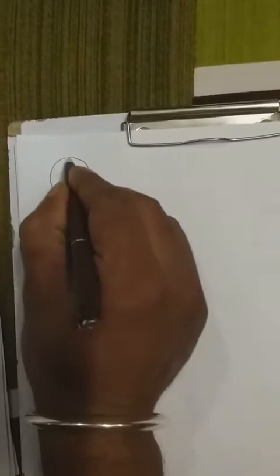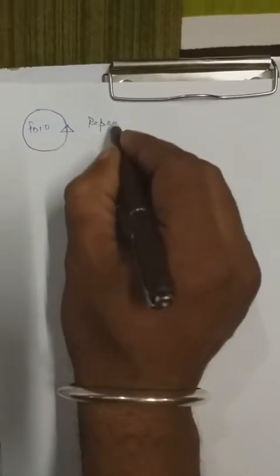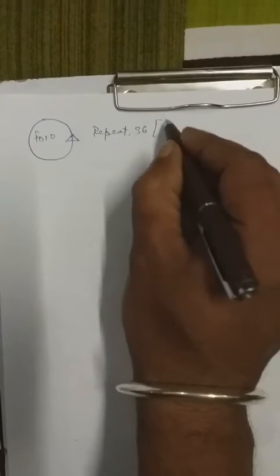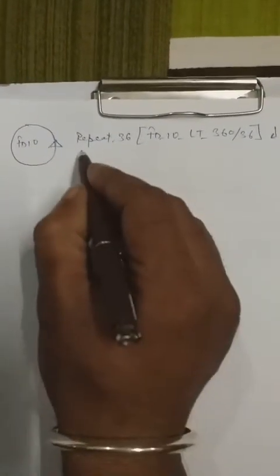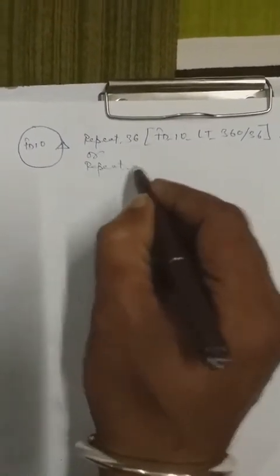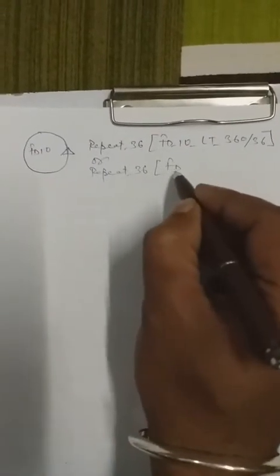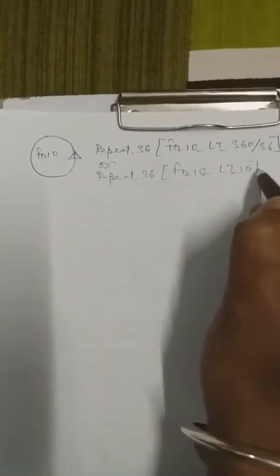Here again, we will draw a full circle, but the turtle will be in a different position. Now my turtle is at this position, side value FD10. In the full circle there are 36 sides. So here we will write repeat 36, FD10 and turn will be LT 360 divided by 36, because 360 is the full turn and 36 sides are there. So I wrote here divided by 36. Or you can write repeat 36, FD10 and LT also 10.